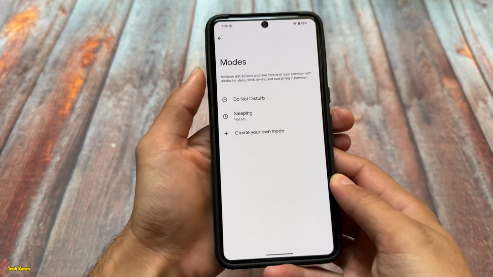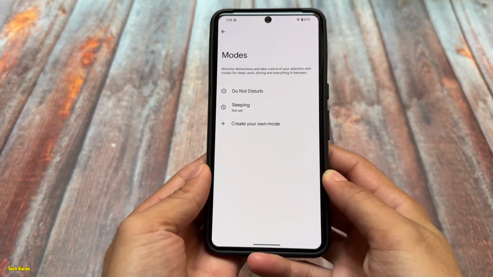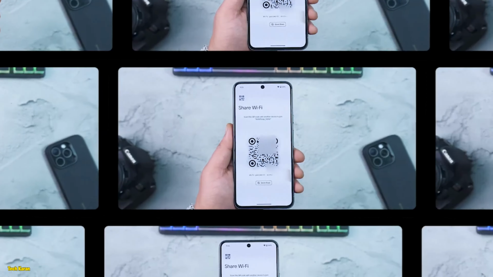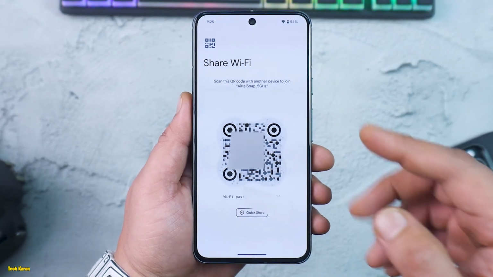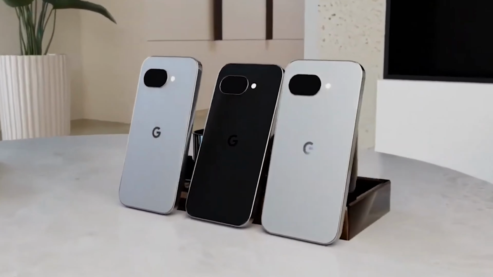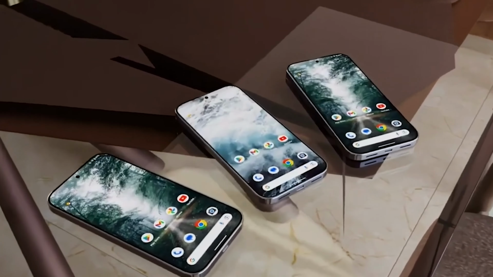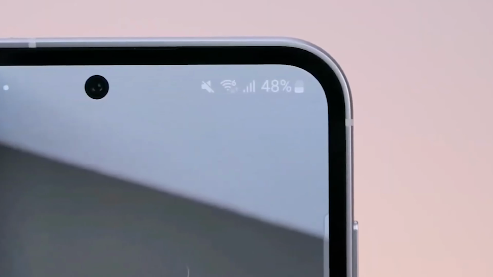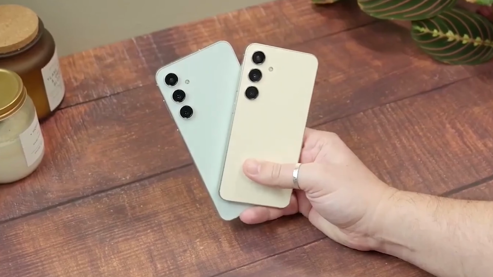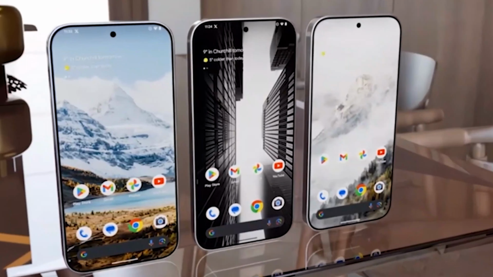Now, let's talk about what's inside this developer preview. First off, we are looking at some clean design updates. The Wi-Fi sharing QR code now gets the sleek, fresh look of Material You design, which is all about making things more visually appealing. Media controls and tiles are now narrower with more breathing space between them. Even the toggles under settings got a makeover. Everything's a bit narrower, giving a cleaner, more polished feel.